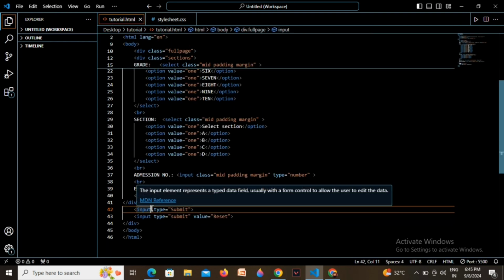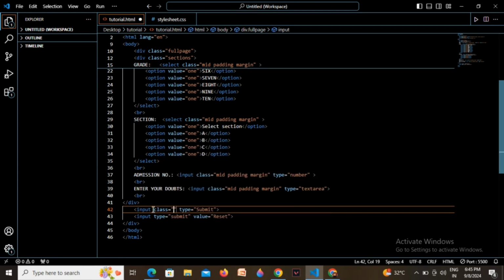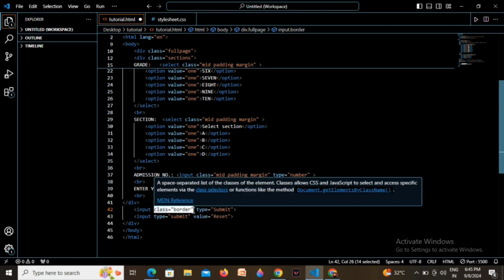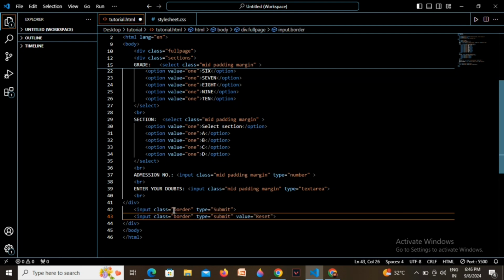Now this time we are also going to add it in the submit button as well. Create a class border. Here also I'm going to copy paste the same thing. Then I'm going to take this border and paste it at every other thing present over here.